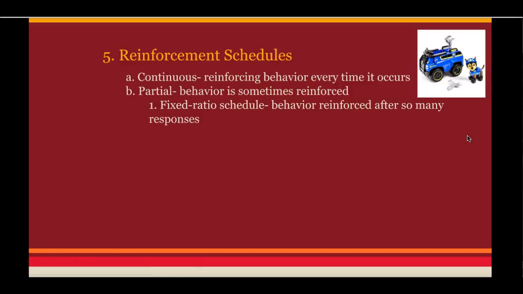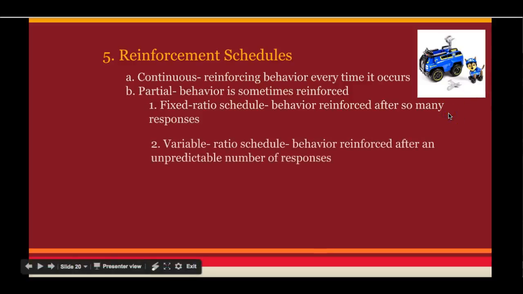That was when he was potty training. This was literally the toy that he got. That was Chase, by the way, in case you're wondering. That is a fixed ratio schedule because it is a reinforcement, the toy, after so many responses. He has to have 10 days with no accidents. Now, a variable ratio is where the behavior is reinforced after an unpredictable